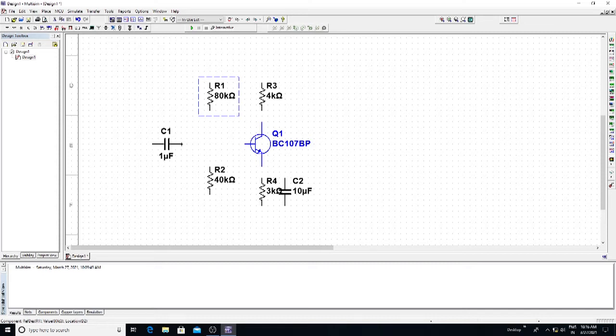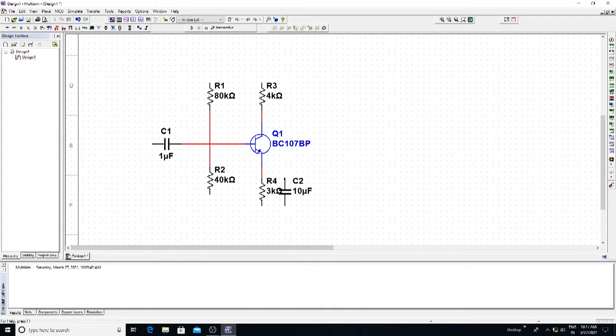Now connect these. The input capacitor is connected to the base of the transistor, and the resistance R1 should be connected to R2. The collector resistance R3 should be connected to the collector end of the transistor, and the emitter resistance R4 should be connected, with its resistor end connected to the emitter end of the transistor.